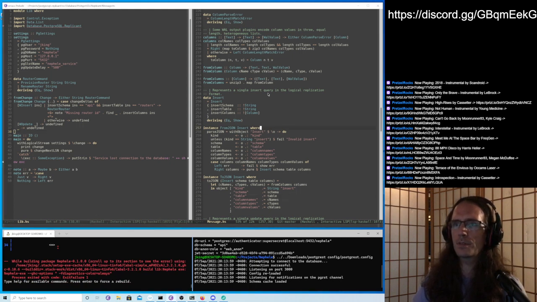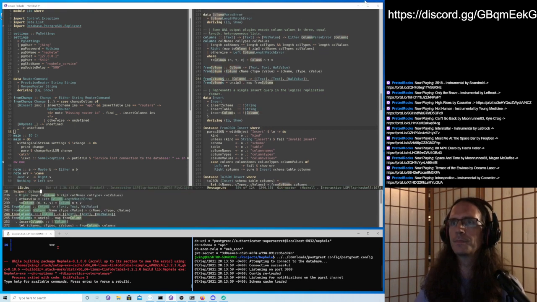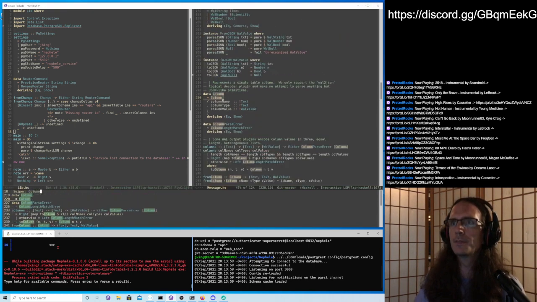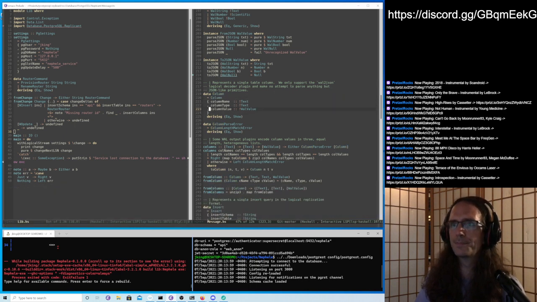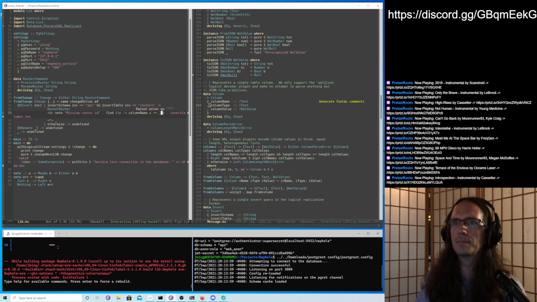All right, so the columns, show that type as well. As a name, a type, and a value. So in the case of find, we care that it's the ID. More like this. And that should work.